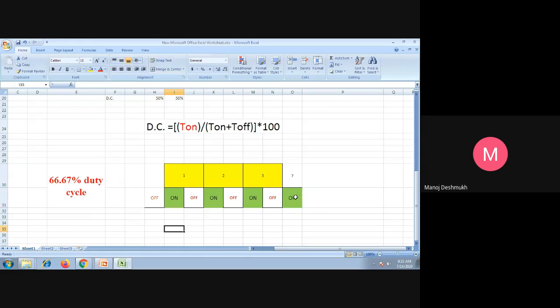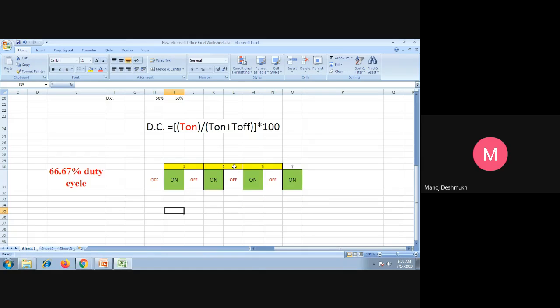Cycle 1, cycle 2, cycle 3, and it continues. If we consider a duty cycle of 66%, and here on time is equal to off time, then can we call this a 66% duty cycle? No, sir. So for that purpose, we have to use